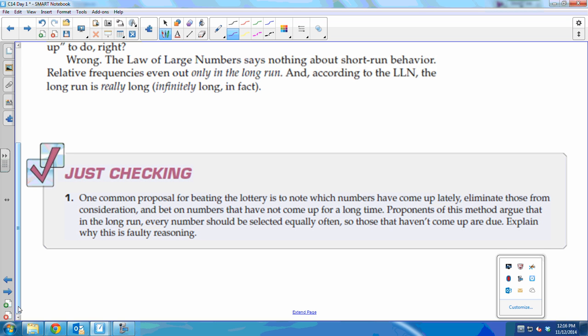Every time they draw the lottery numbers, they put them back in, right? So you could, again, theoretically, get the exact same lottery numbers the next time, right? So again, there is no such thing as it's going to come up when you have all these independent events, okay? So you would say something along the lines that the reasoning is faulty because the law of averages does not exist, okay? And the lottery numbers could be the exact same the next time, just as easily they could be completely different, all right? So keep in mind, the law of averages is not a statistical way of talking about things.